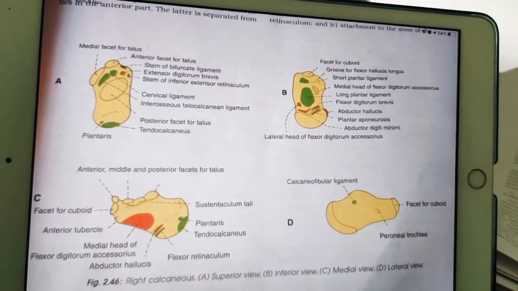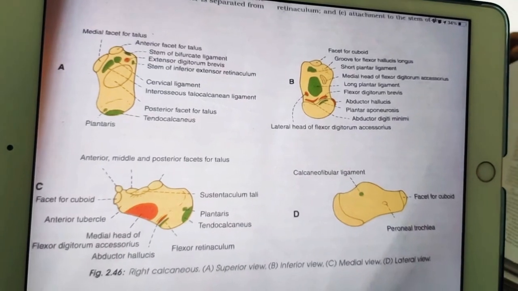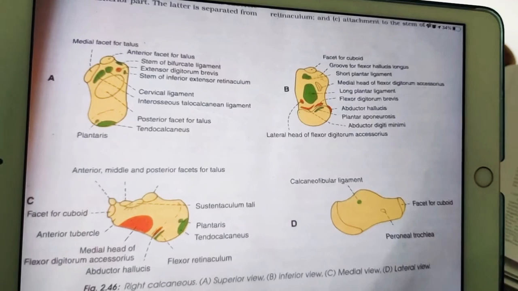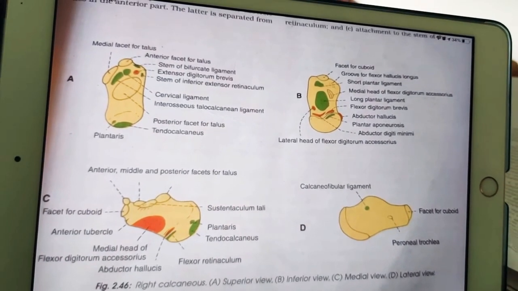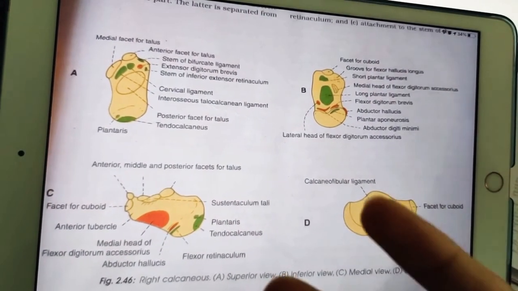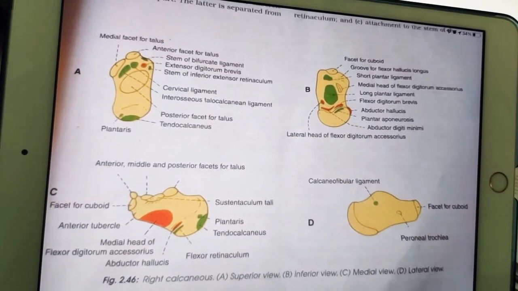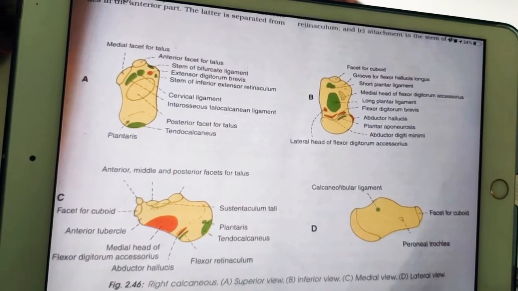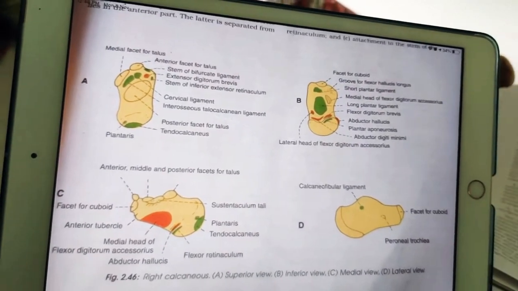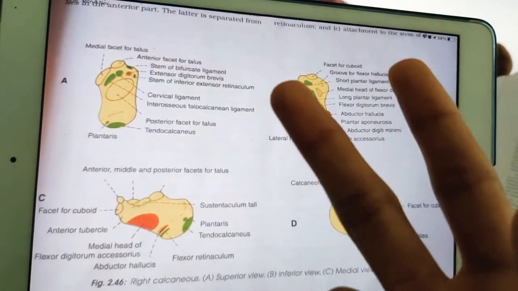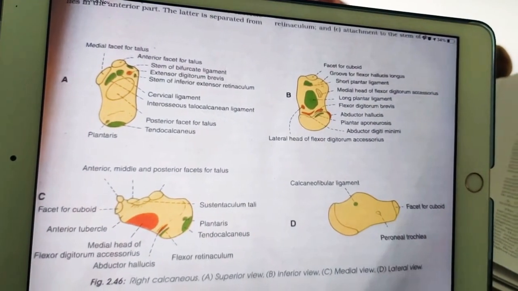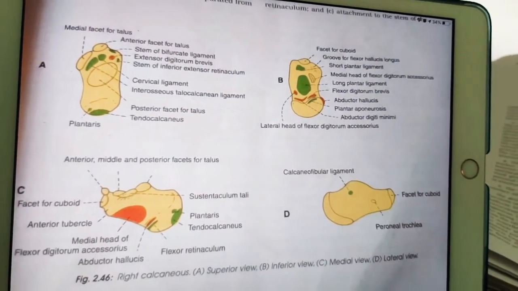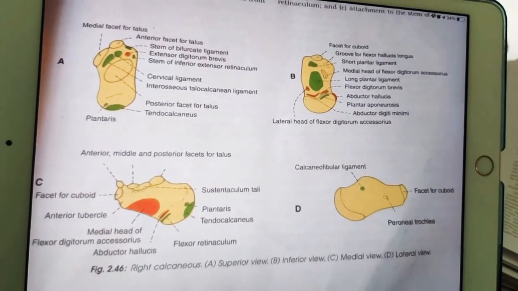Next, coming to ossification, how the calcaneus ossifies. It ossifies mainly from one primary center and only one secondary center. The primary center appears during the 3rd month of intrauterine life, whereas the secondary center appears during 6 to 8 years and forms a scale-like epiphysis on the posterior surface, and fuses with the rest of the bone by 14 to 16 years. So it's very simple to remember: one primary center, one secondary center, and finally they fuse at the age of 14 to 16 years along with the shaft. So this is all about the calcaneus. Next we'll start our discussion on the navicular bone.